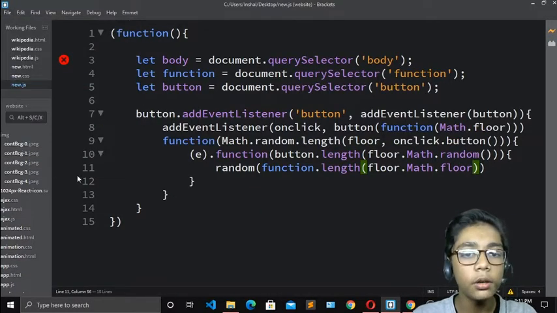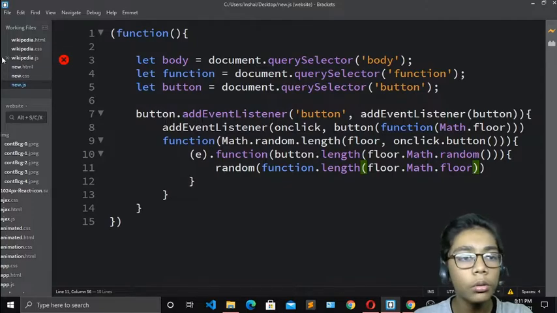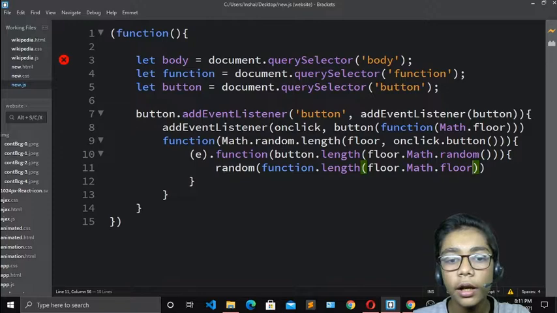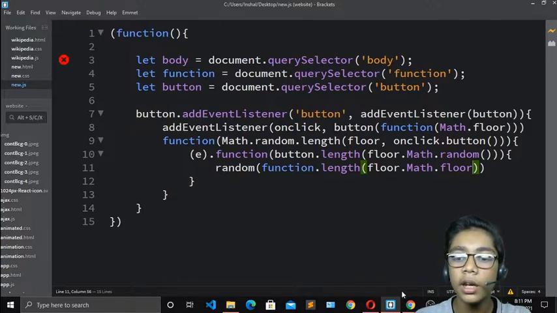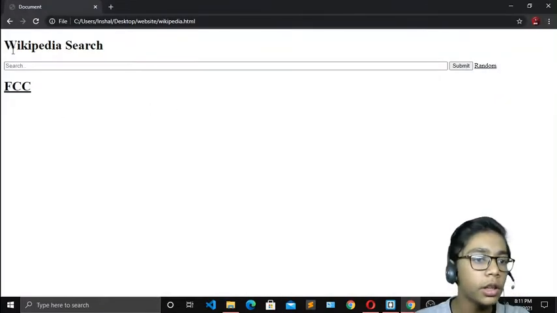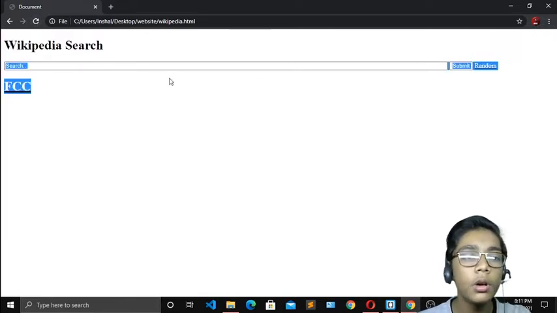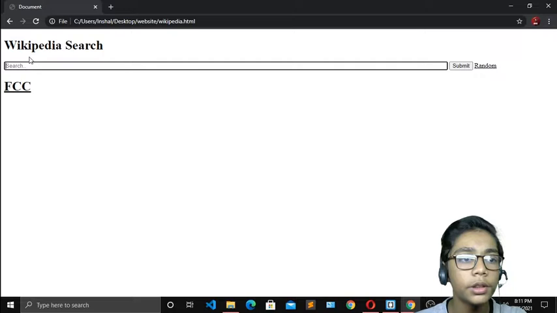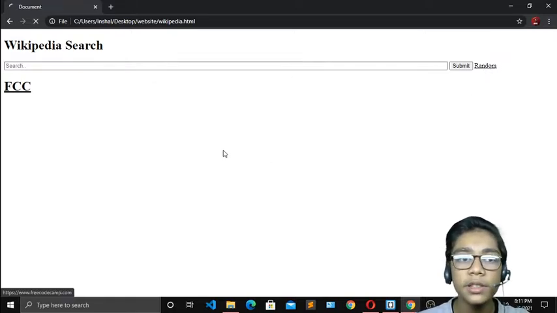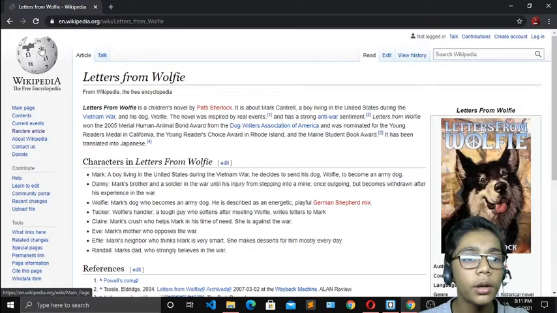Now it is done. When you've done all these things, you have to go to Google Chrome and check that out, because we have to link our button with Wikipedia. Okay, so here go to Google Chrome. Over here you can see all the things are coming like we want. This is going with JavaScript, and it is going really long because we have done it with JavaScript. If I press that, over here it is loading.